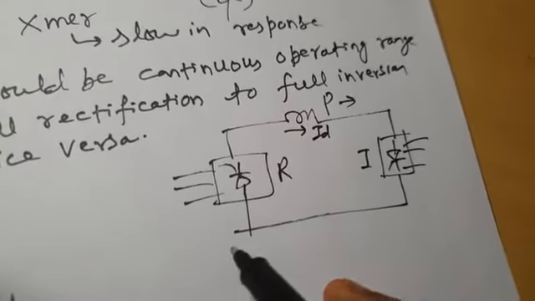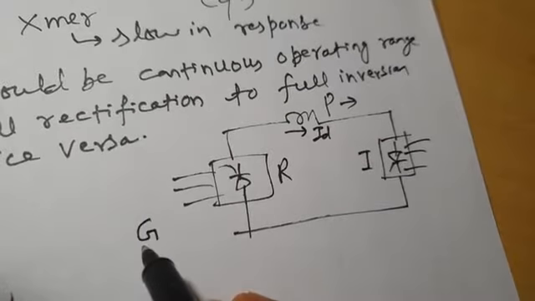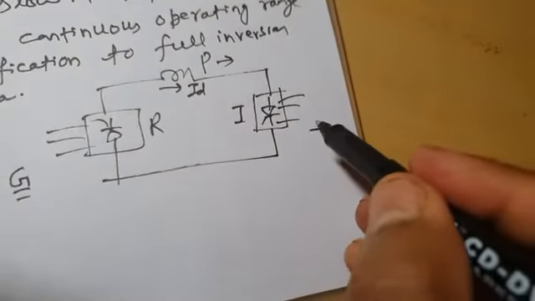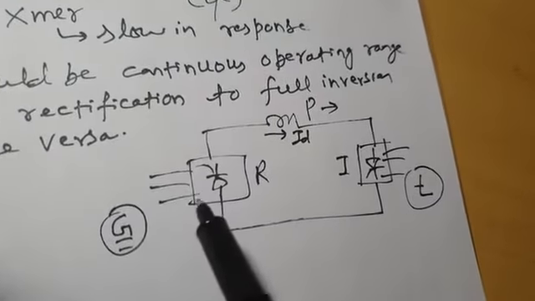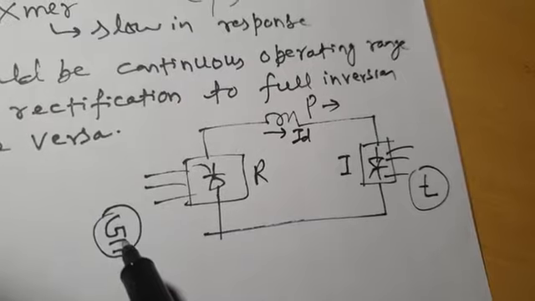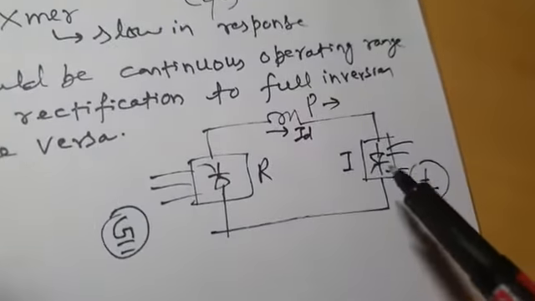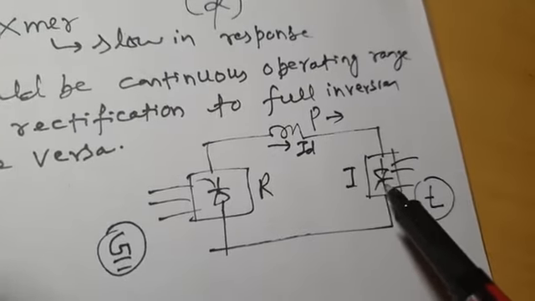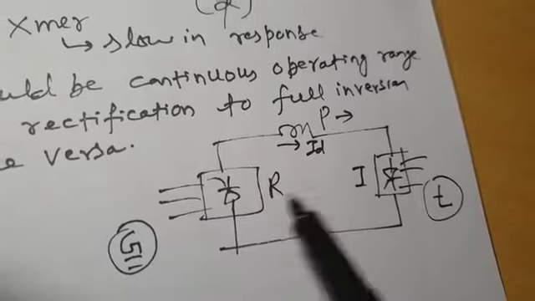this is, for example, the generating station. I mean, this rectifier station gets power from the generating station, and on the inverter station you have a load center. It is connected to the load center. So your rectifier station is connected to the generating station and your inverter station is connected to the load center. In that case, there is no possibility of this converter operating as rectifier and this converter operating as inverter, because